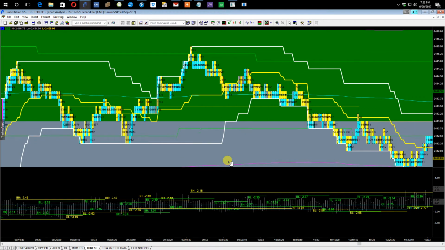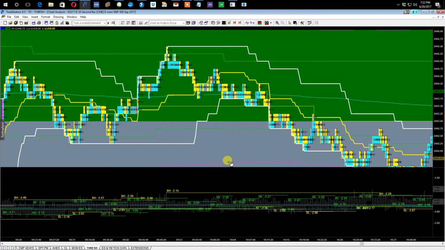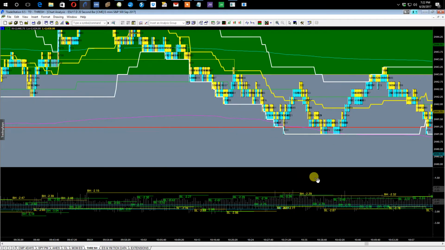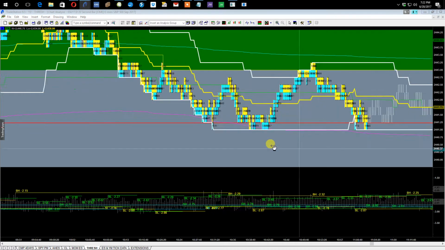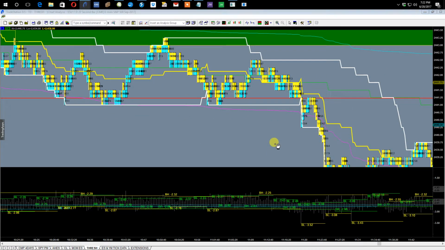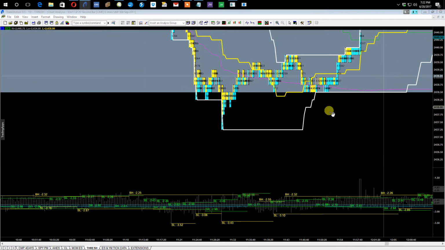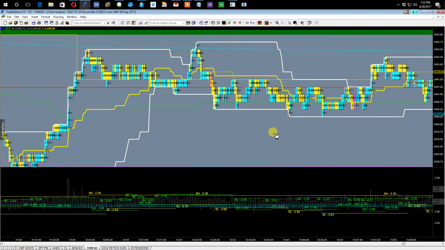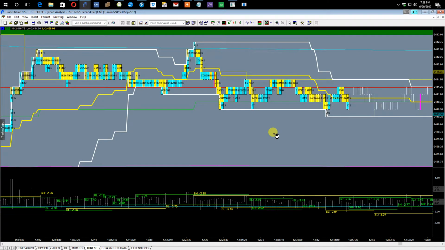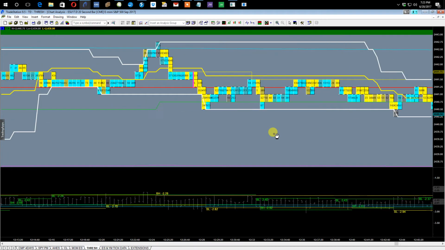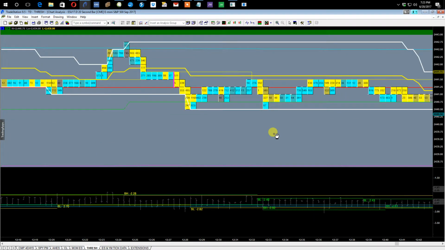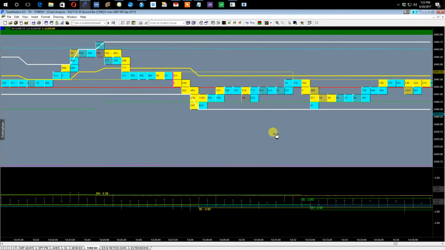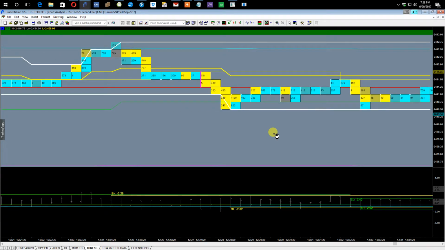Now, you don't get too many of these based upon the definition that we used. Okay, now here's our next example. Don't let the order flow here fool you. Now, this is only a two-tick